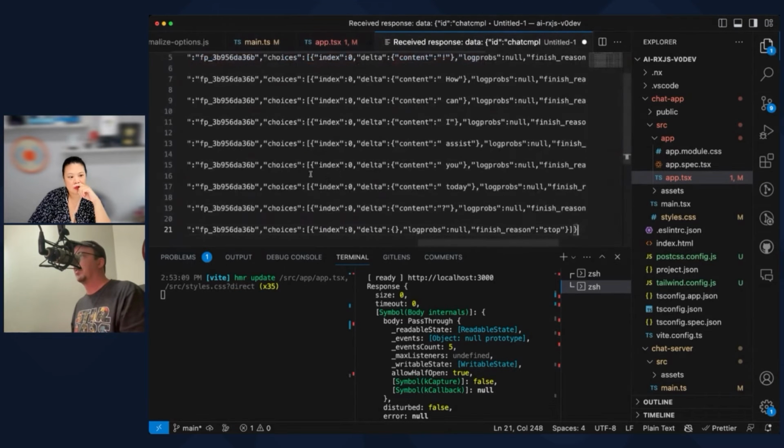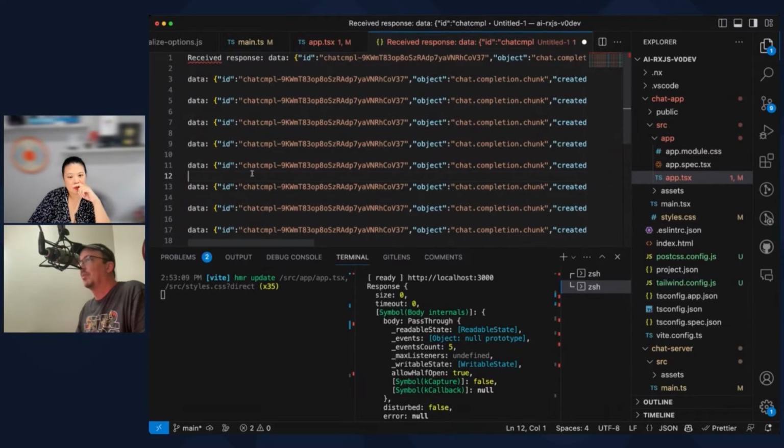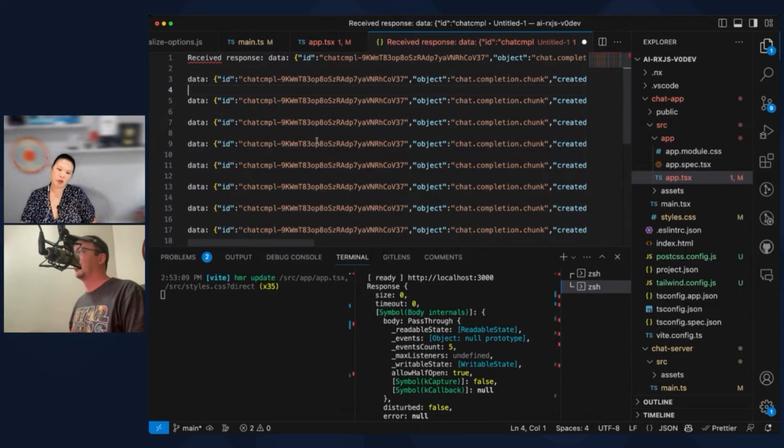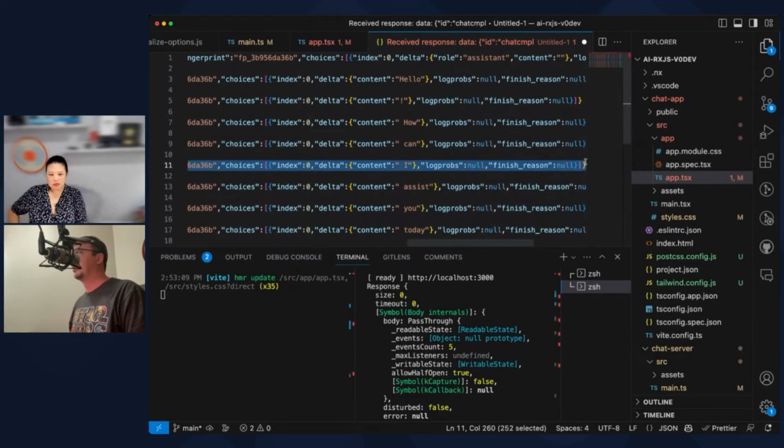All right, so I'll just make a new thing. This is what it looks like. We've got this text that's coming back, and it's new lines split by data and whatever. That's weird. I don't know whose brilliant idea it was to use this as a transfer protocol, but there it is. Apparently it's getting these chunks of data, split by new lines and this data stuff. Overall, it's just not super consumable because we want these things, not the other bits.